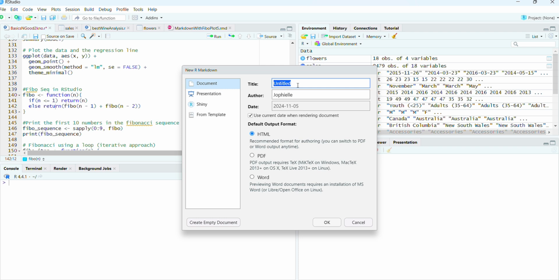result. Let's put here, we're going to call it tuto Markdown, and we're going to do a Fibonacci with plot. Let's put it like this. Okay, this is where you insert your title, and then you put your first name, the author, and here you have